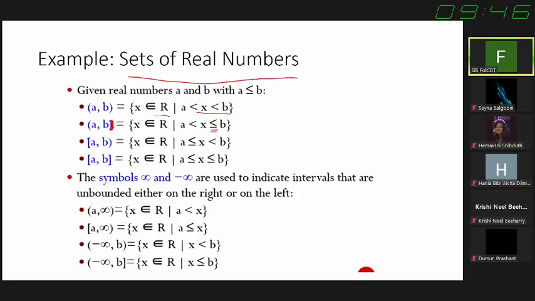If the square bracket is on this side, the less than or equal to will be on this side. So what does that mean? It simply says that it will include A in there. So if the square bracket is on both sides,